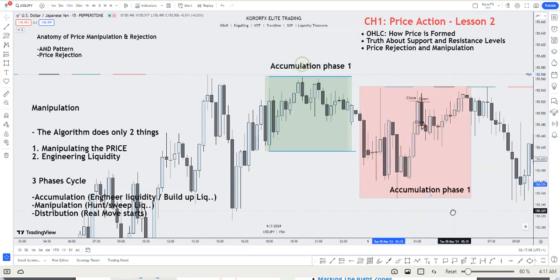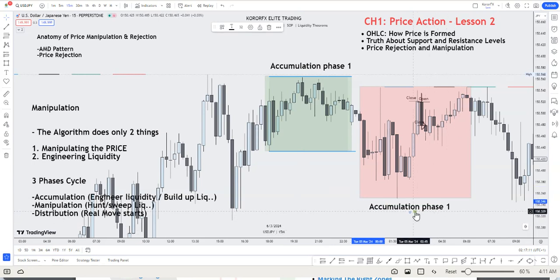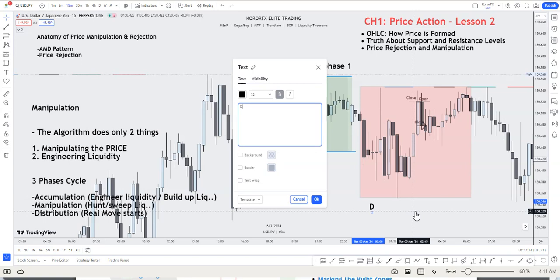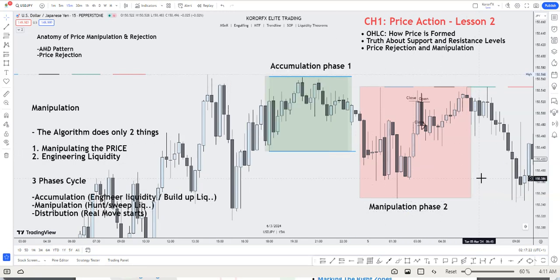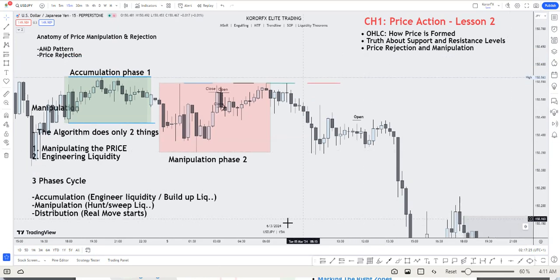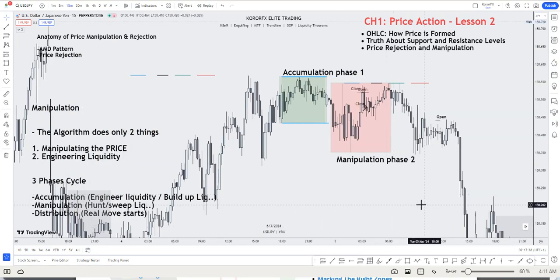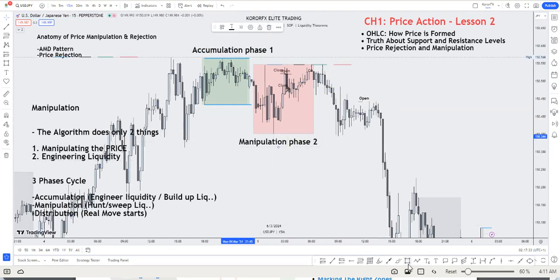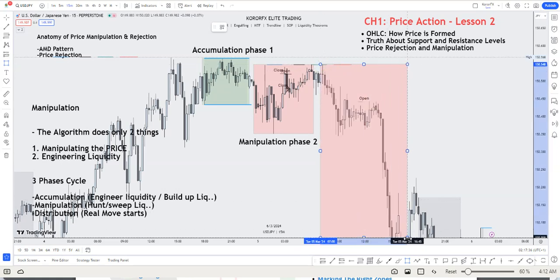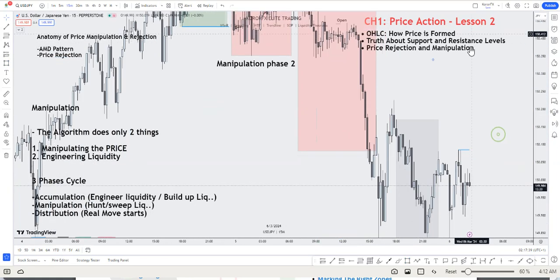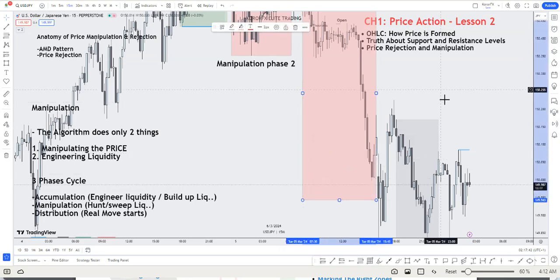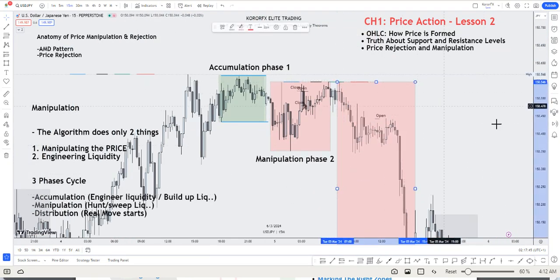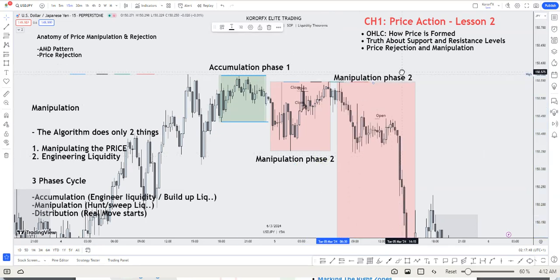So we want to see how price distributes. Okay, this is manipulation phase two. When manipulation phase two happens, then we want expansion. That is the real move of the price. This is something that's very clear on every market, and you can see that price really moves so nicely. When you really learn about the price action, then we will go through learning the levels